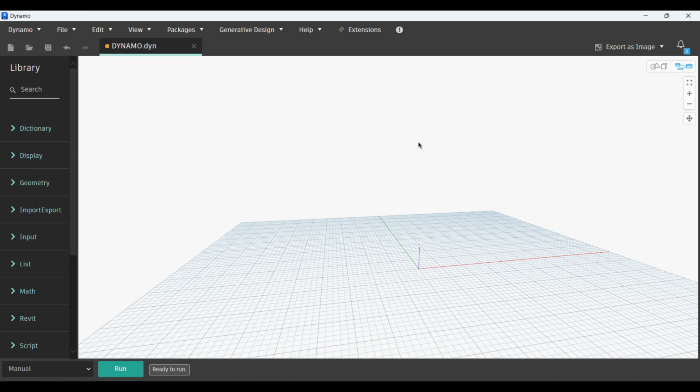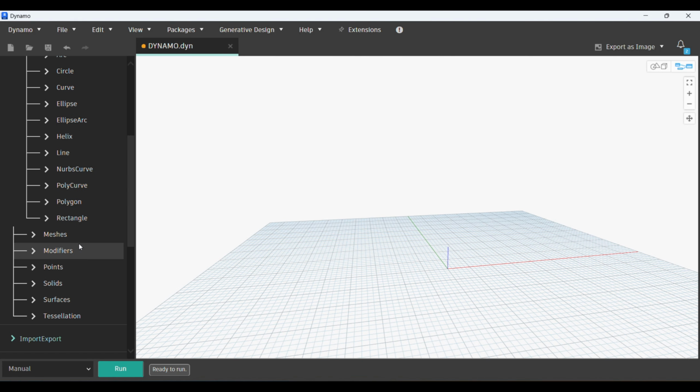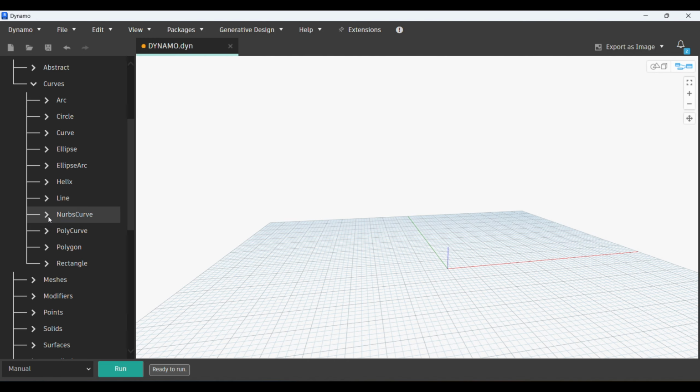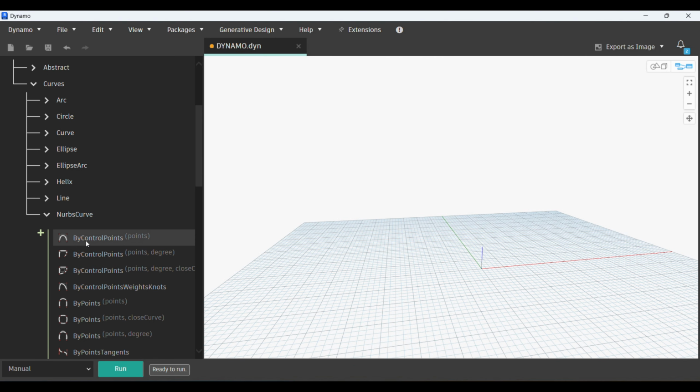So what I can do is go to curves. In my geometry, since it's a curve, it may fall under the curves, and if I go to the curves, I have different sort of options, but I'll use a NURBS curve here. Can you see a NURBS curve here? I'll select this, and then it has some options here. I'll extend this a little bit, and then we have by points, we have degree, etc. So I'll select the first one, right? I'll just zoom